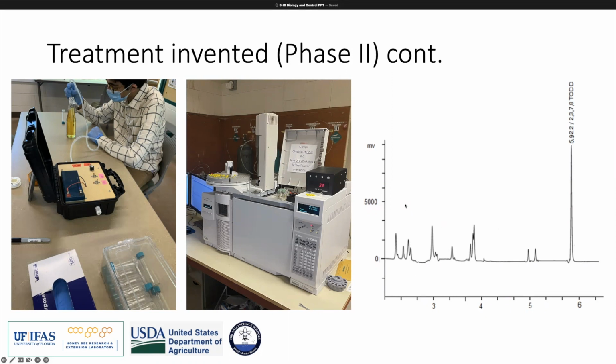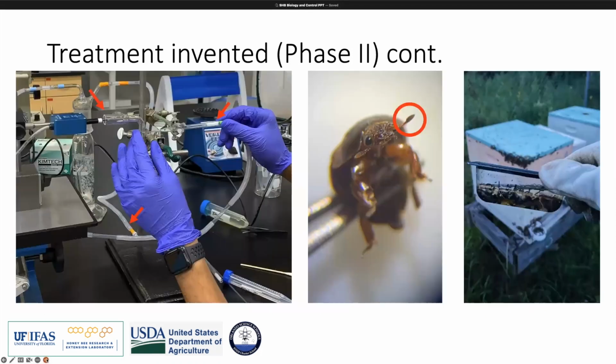Now, specific compounds were identified from this spectrum, and then they were tested in the form of this setup here called an EAG, or electroantennography, another big word. Basically, what's happening here is a few things. One of the biggest things is antennal testing of the hive beetle. These beetles are 4 to 6 millimeters in length, by the way. And so trying to excise their antennae, which are a few hundred micrometers in length,